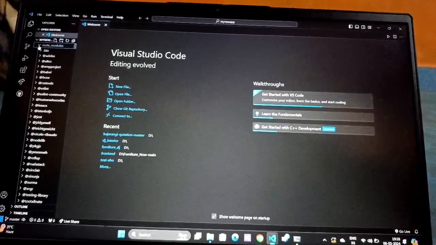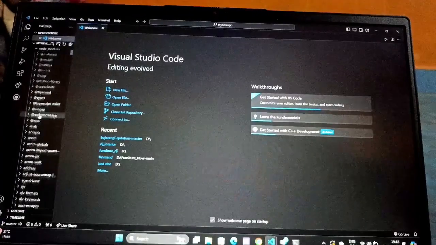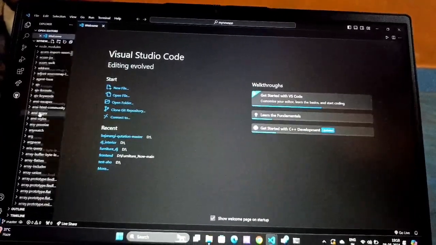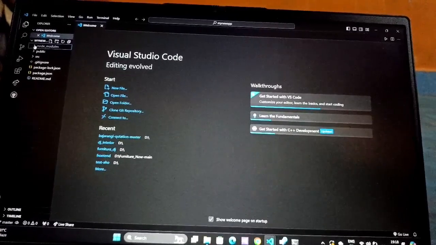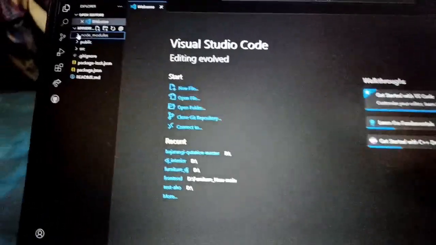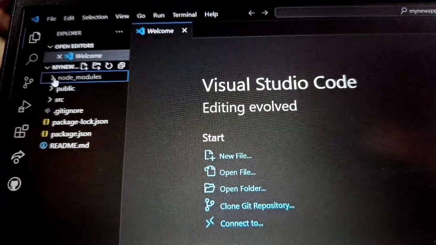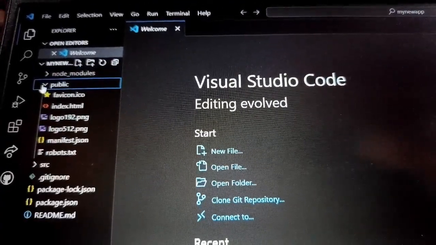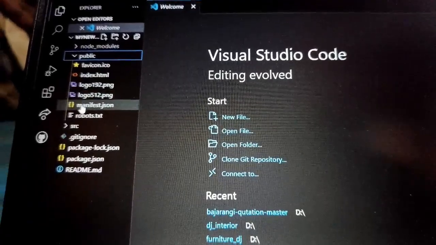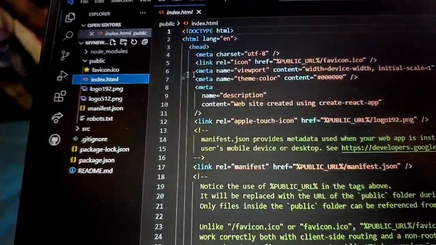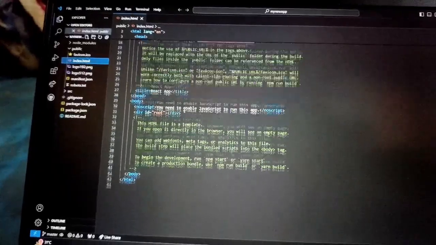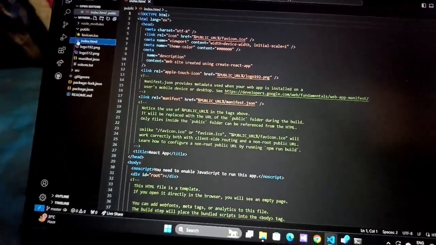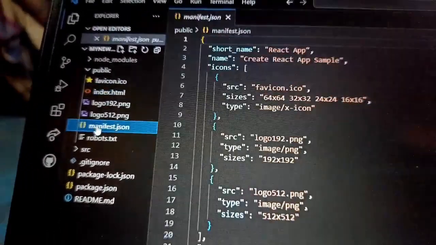There are many node modules installed. In public there are favicon, index.html, logos. Index.html is the main thing, then the logo and manifest.json, which is used in React and is already installed.